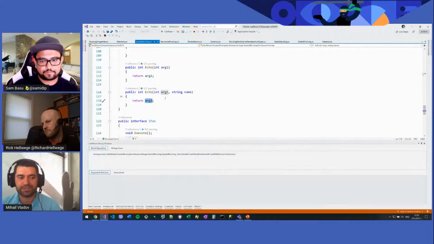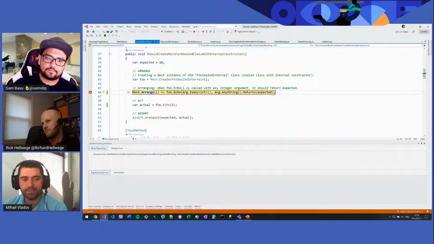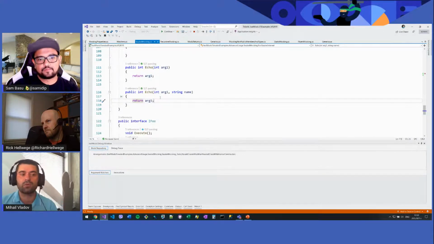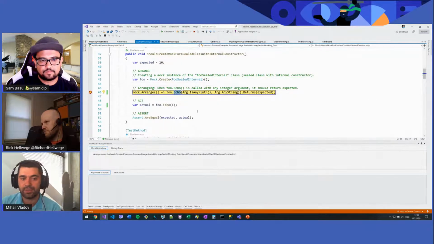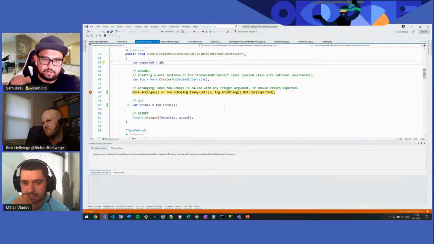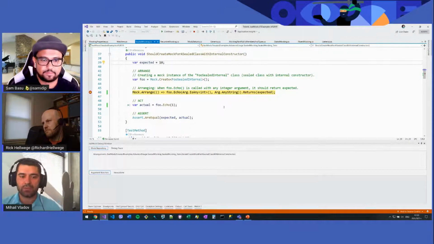Actually, for the purpose of the example, it doesn't matter what it is actually doing, because when you make the arrangement, all of that logic inside echo won't be executed if you don't want to call the original code. So for this particular example, we are arranging the echo method to return the value of 10. Okay, so what's in the method doesn't matter. You're literally mocking that method out and just returning the expected 10. Yes, absolutely, it doesn't matter.